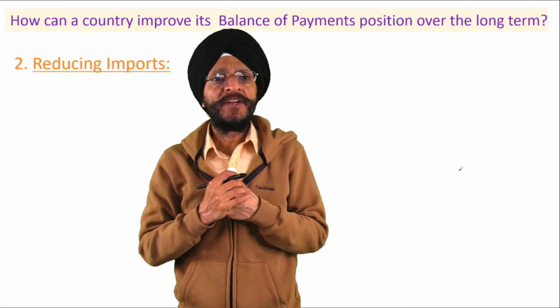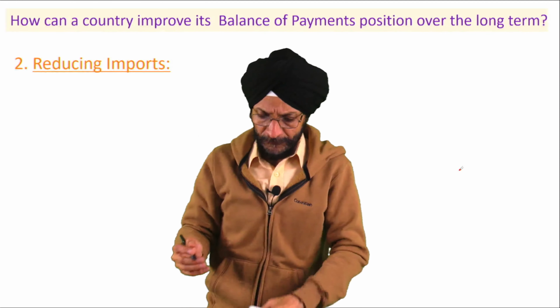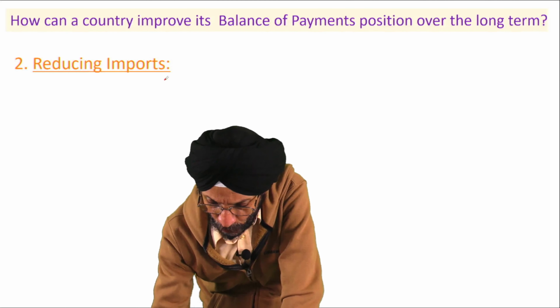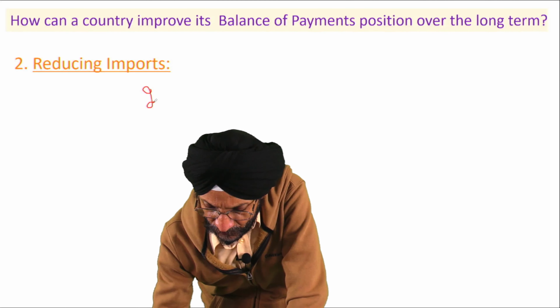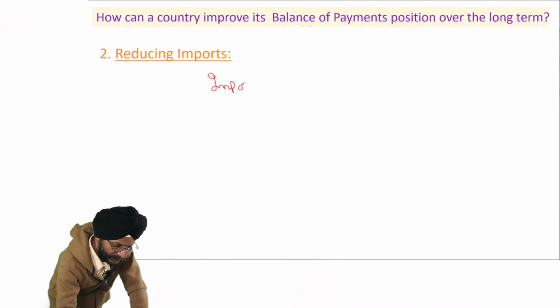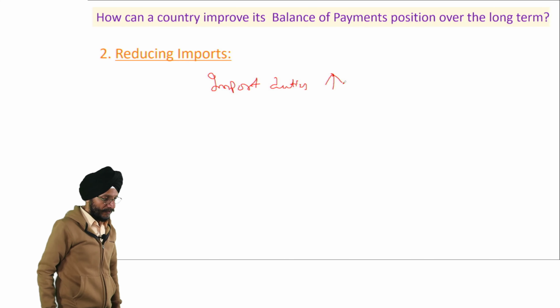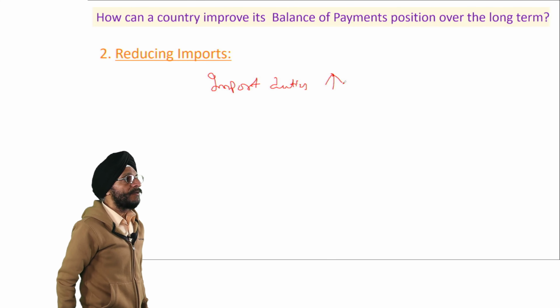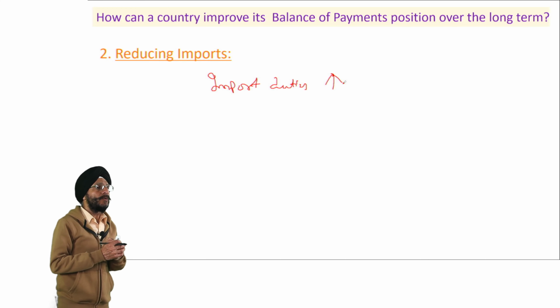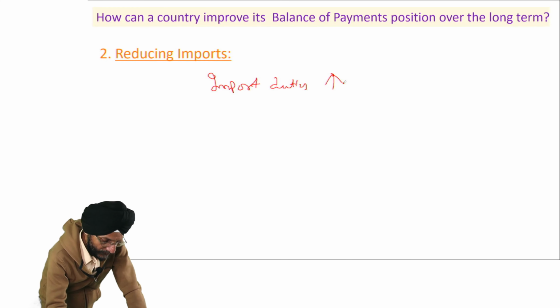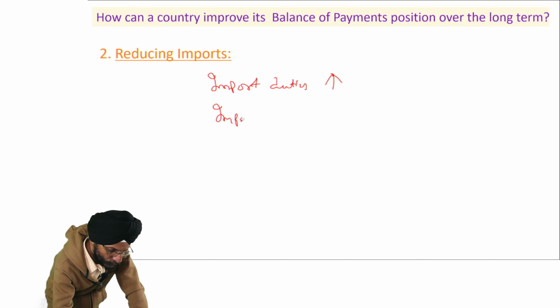We should reduce imports. How is it possible? To reduce imports, we can increase the import duties. Then we can find out import substitution.